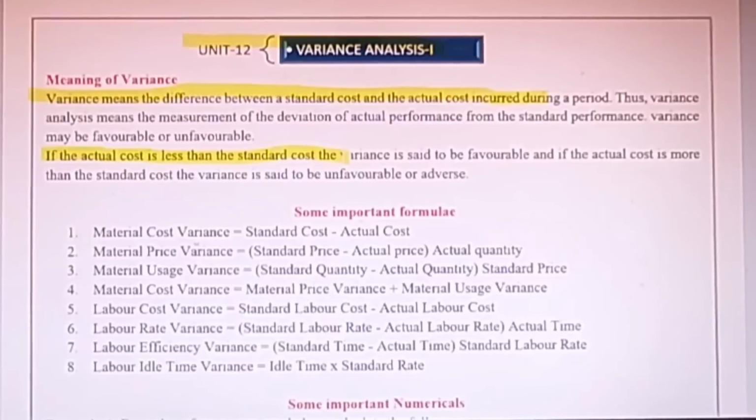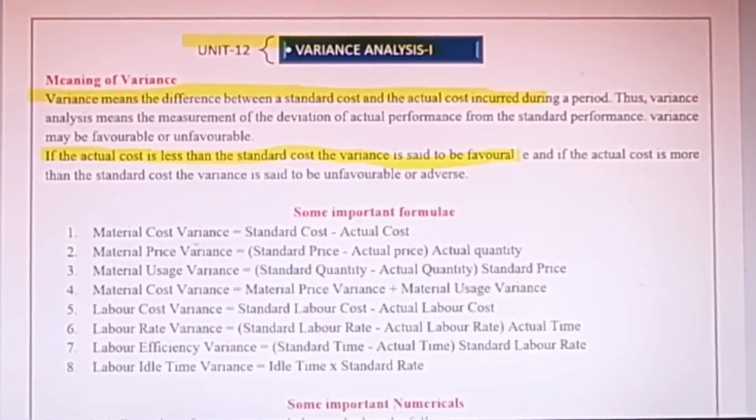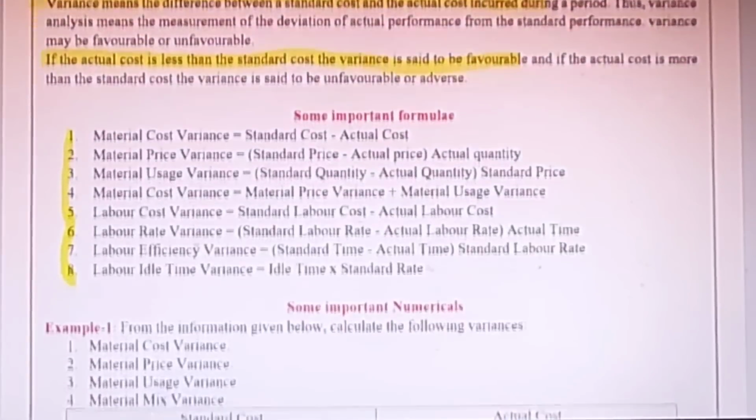If the actual cost is less than the standard cost, the variance is favorable; otherwise it is unfavorable. These are a few formulas which you must prepare, because you get numericals in this particular chapter, like